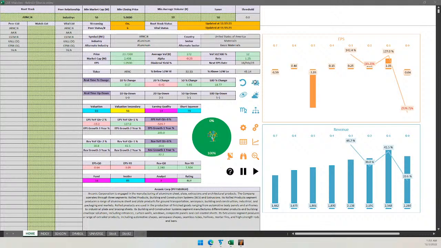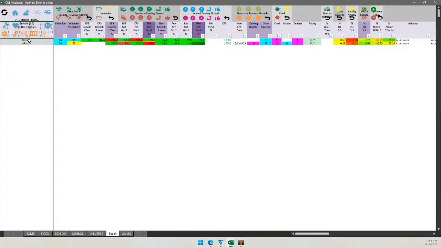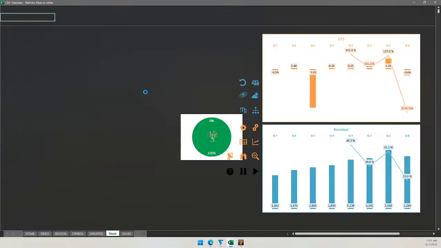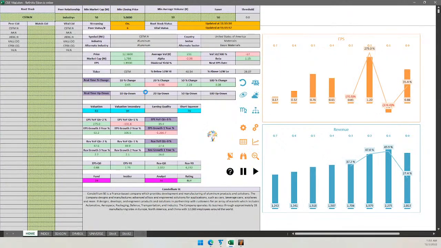Let's look at the peer stocks and see if we find another bullish stock in terms of either valuation or earnings growth. I find another one, CSTM. The second one is Arconic itself, CSTM. Let's do a peer fundamental analysis. I can read the scorecard from here, but let's look at the single page scorecard. You can readily read the signals from both, but let's use the one page view so that we have a look at the graphs also if we wanted to.